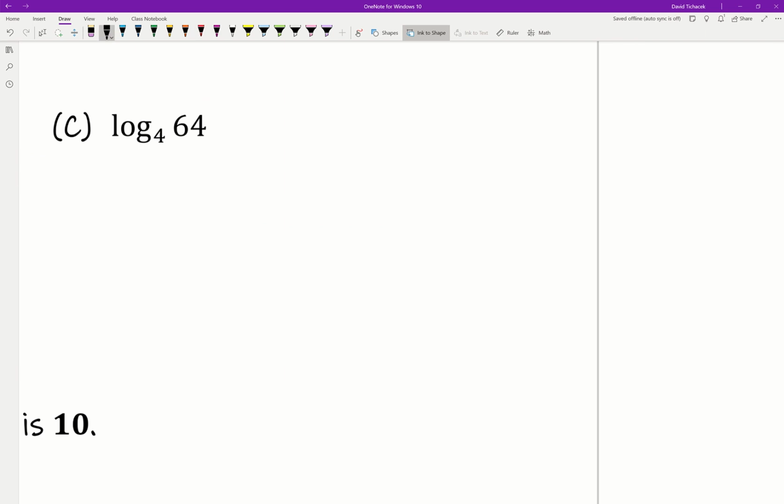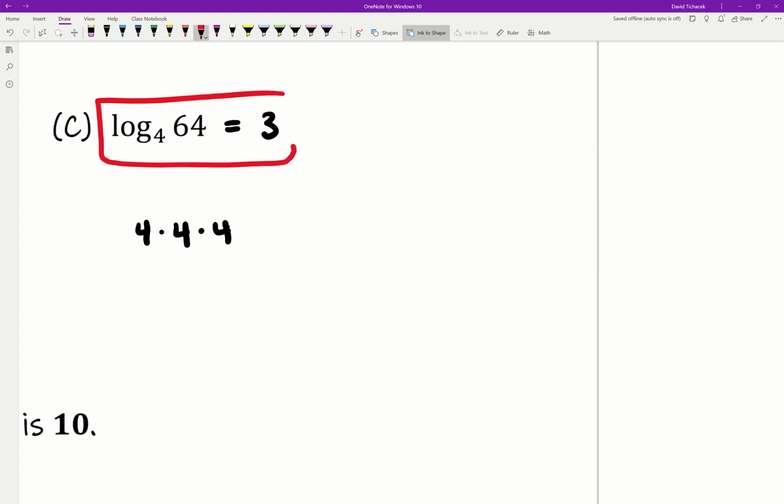Last example here, again, same thing. I might just informally think about this one. We want to figure out how many copies of 4 multiply to make 64. Well, 1 copy is not going to do it by itself, so let's introduce another. That gets us up to 16, and let's introduce a third copy and see if we get up to 64. So that would be 16 times 4, and that, of course, gets us up to 64. So it only took 3 copies of 4, and so that is why the log base 4 of 64 is